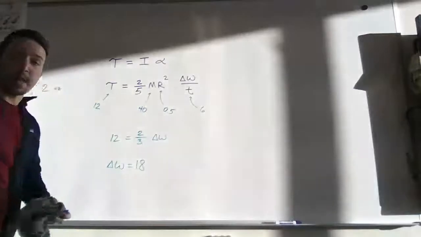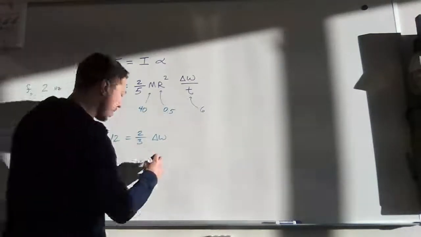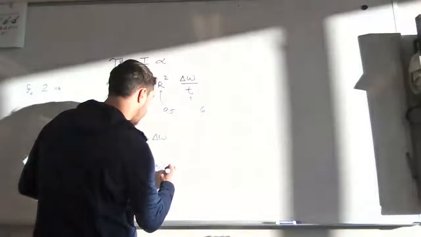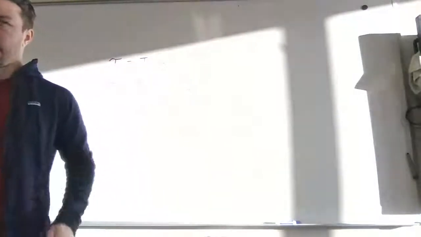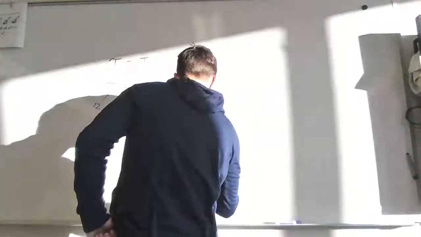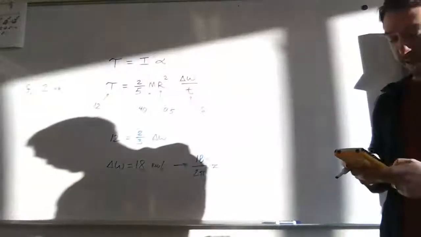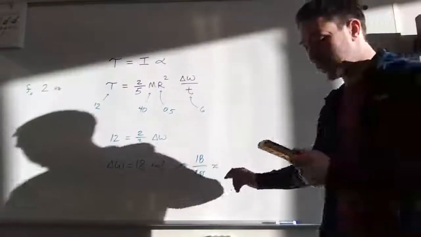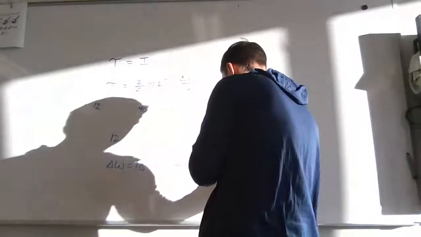Now, there's a lot of mistakes you can make here because you might go, oh, I'm going to just add 18 onto 2. That's not correct, though. That's 18 radians per second. We have to convert that into a rotational rate. So how do you convert from omega to f? Divide by 2 pi. So if I go 18 divided by 2 pi, don't forget on your calculator, when you divide by 2 pi, put that 2 pi in parentheses. You get about 2.86